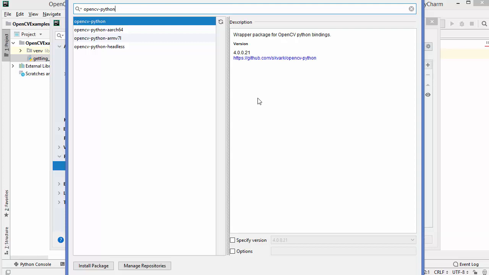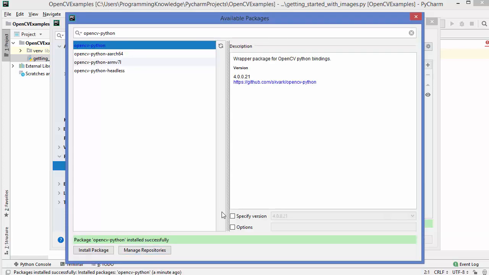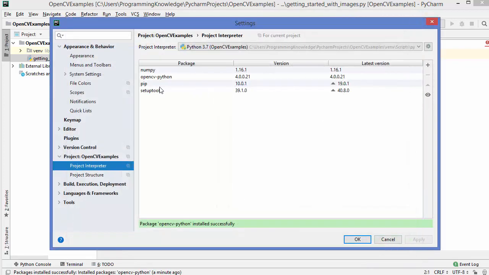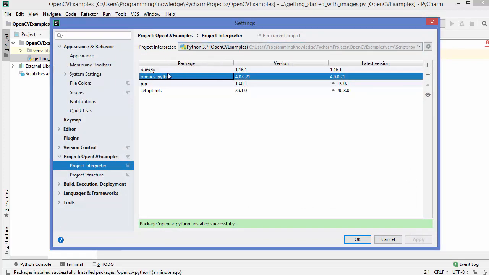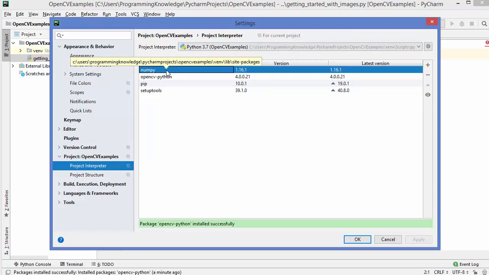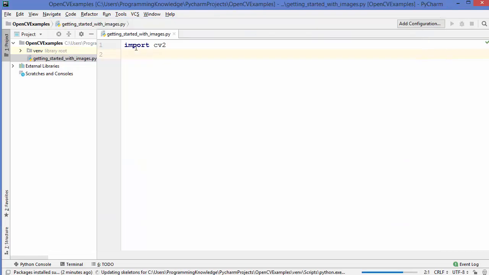To install this package for your PyCharm IDE, click on the Install Package button, and after some time you will see this message in the green bar which says package opencv-python installed successfully. That means the OpenCV package is installed successfully. You can close this window, and now you will see opencv-python is added to your packages, and also NumPy, which comes with your OpenCV Python package. I'm going to click OK, and now you will be able to import the cv2 package in your